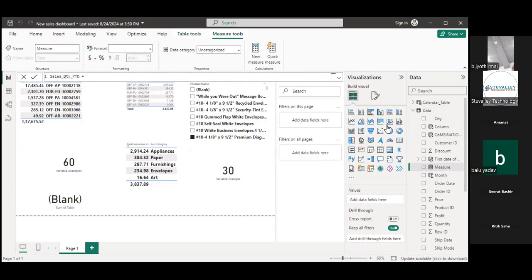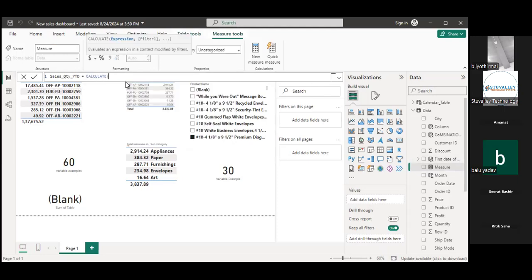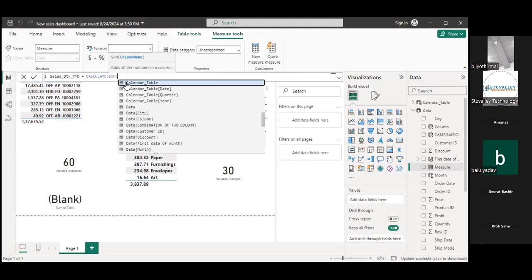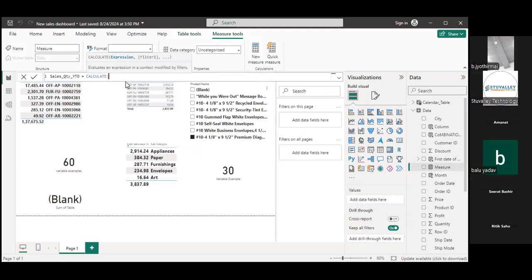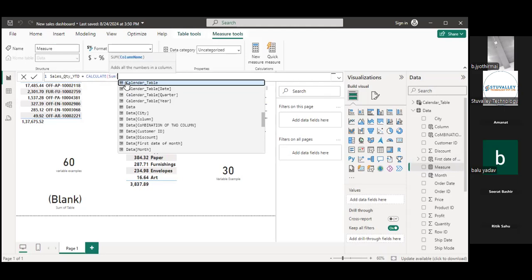Whenever you use the year to date function, you are not able to use it separately. Always use the CALCULATE function for that. Calculate what I want to calculate: I want to calculate the sum of sales quantity. Sum of sales quantity, I want.